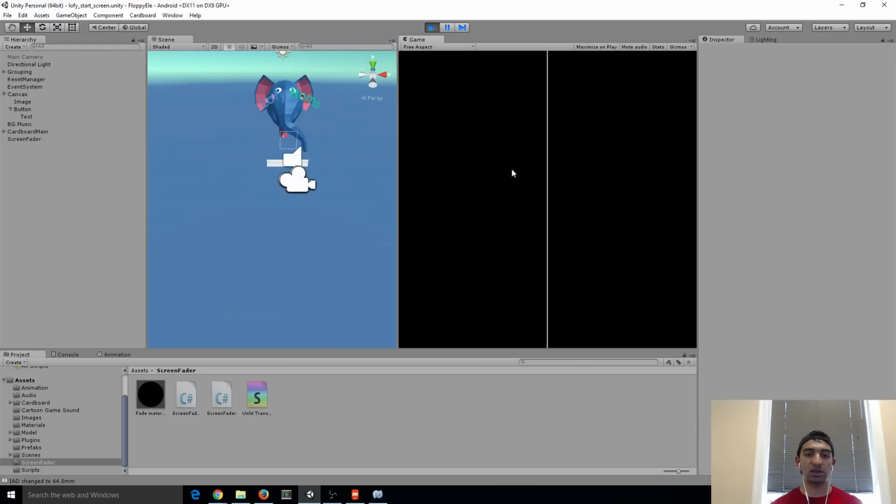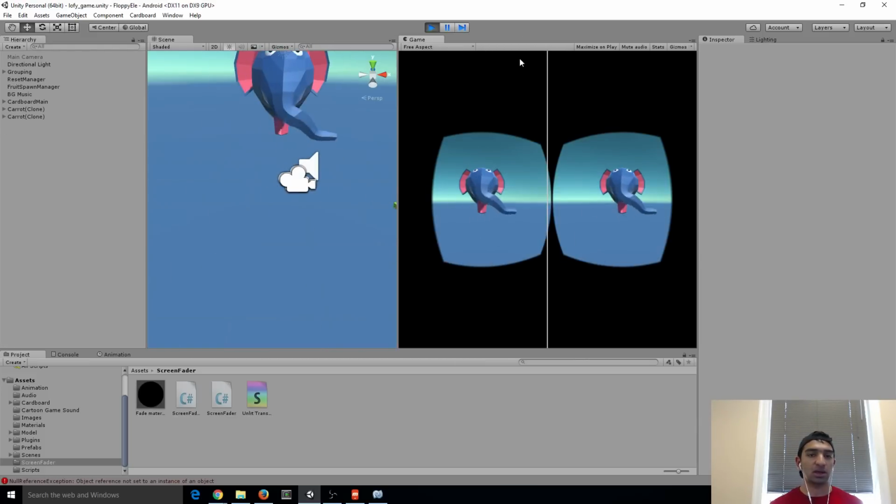When you call load scene, what happens is it deletes everything in the previous scene and then adds all of the stuff in the new scene into the view. So what actually happened there is, one, we got a new camera from the cardboard main camera, and two,